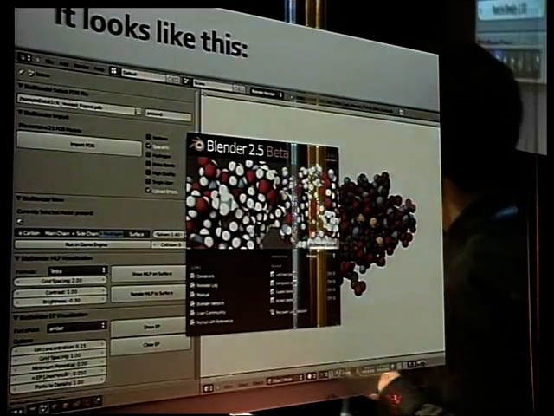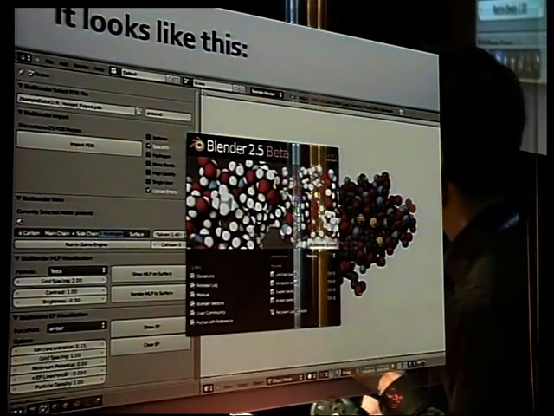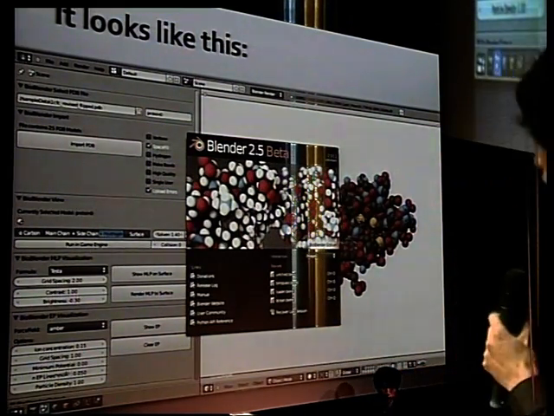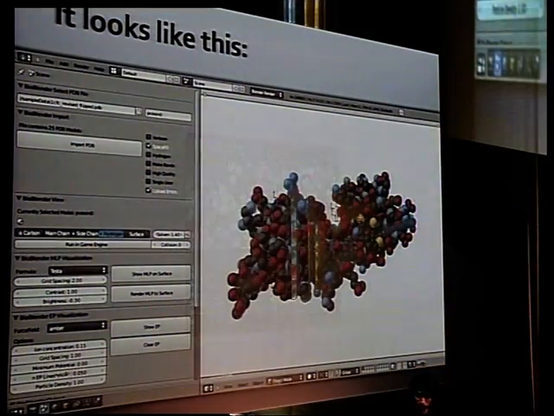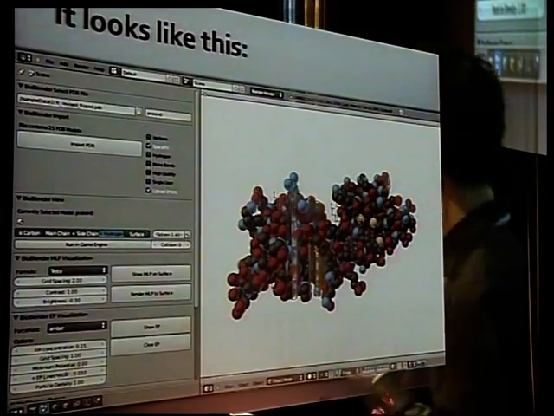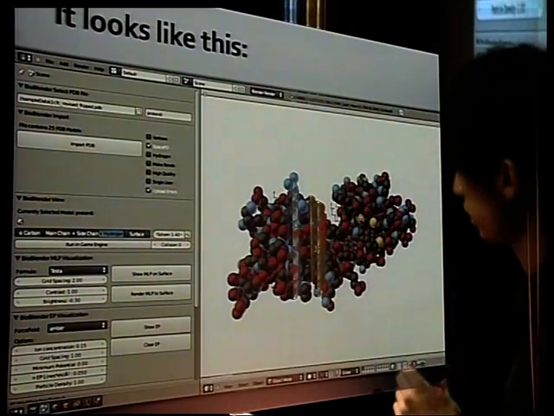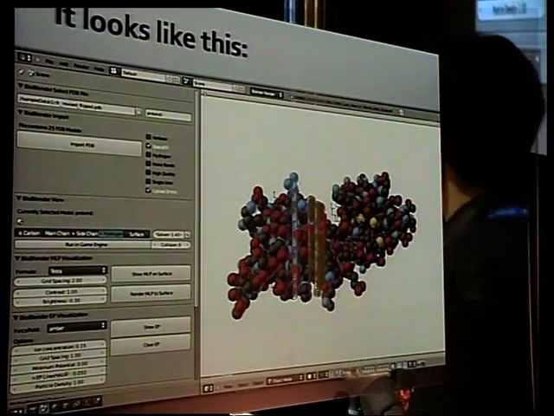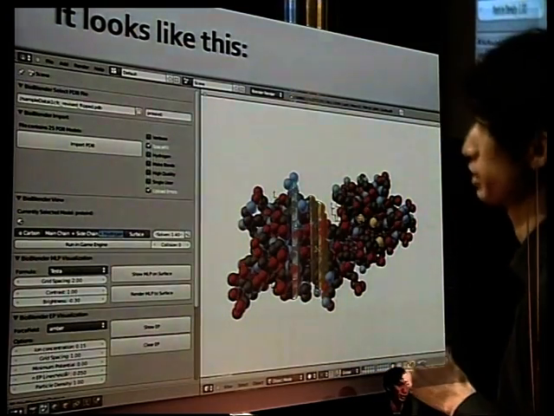So this is what this program looks like. I changed the splash screen as well. But basically, you have this interface which we sort of adapted to the workflow of a scientist, of a researcher. To the left, you have mostly a panel where all the actions would happen, and on the right, you have a 3D view. Of course, you can change the views. On the right, you can rotate the views. You can basically do everything you can do in Blender.